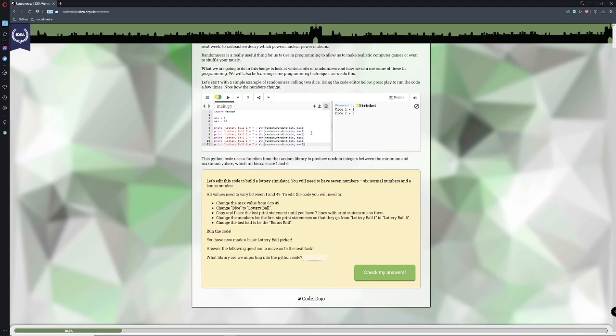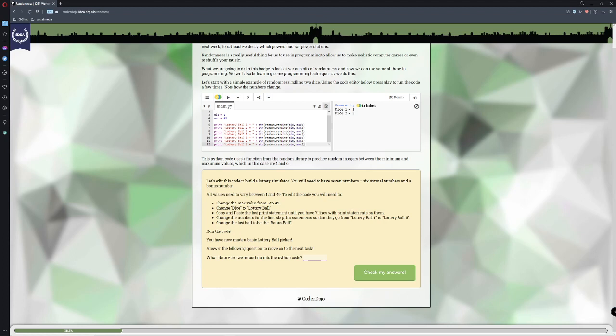1, 2, 4, 6. We need one more, so we'll do that and we'll get rid of 1. That means we have 7 lines of prints. Okay, so what we're going to do now is it tells us, until you have 7 print statements on them,